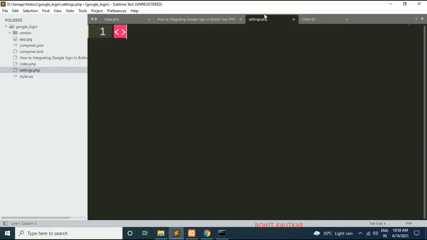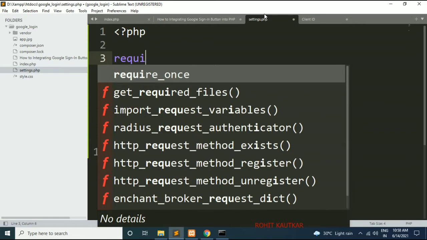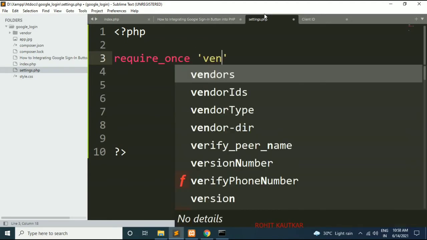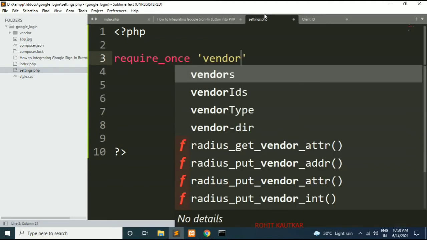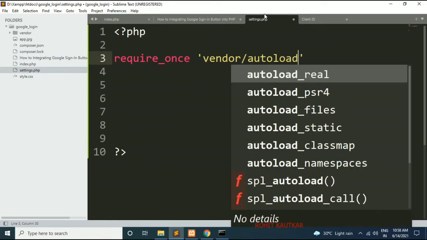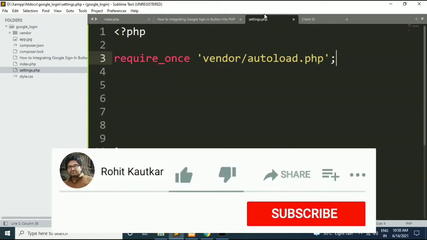Within this file we will specify the basic configuration settings of the PHP client library. First I will include the client library within my PHP script. So I will write require_once, and specify the path: vendor, and within this vendor directory the file name autoload.php.